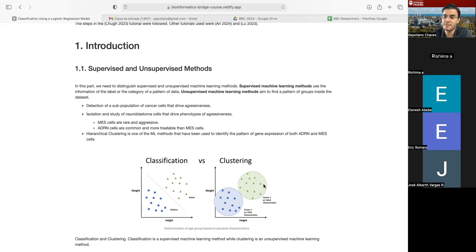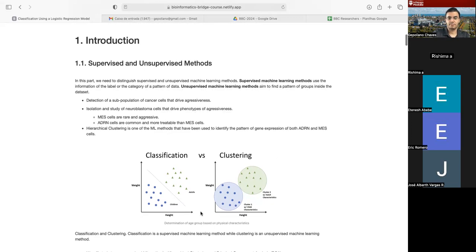Remember, in the unsupervised algorithm, we do not know that these triangles are from adults, right? We do not know that these are from adults. And clustering, therefore, is a method that we can use to group samples together. Okay, so